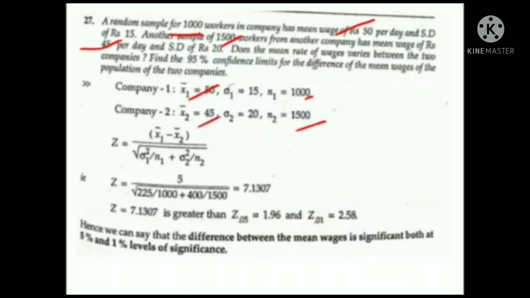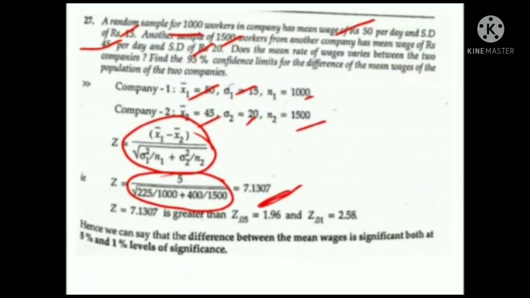The standard deviation for the first company is 15 and that for the second company is 20. Applying the same formula, z is x1 bar minus x2 bar divided by the square root of sigma 1 squared by n1 plus sigma 2 squared by n2. Substituting all the values from the data and simplifying further,